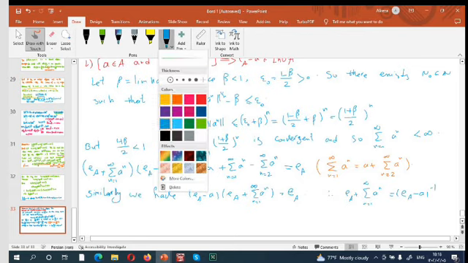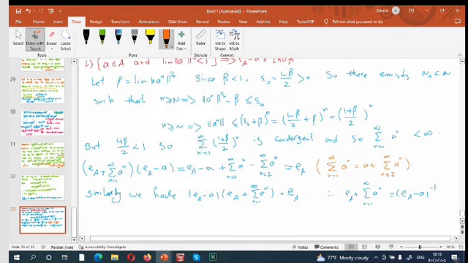It is very trivial because this element multiplied by this is equal to identity. Okay,